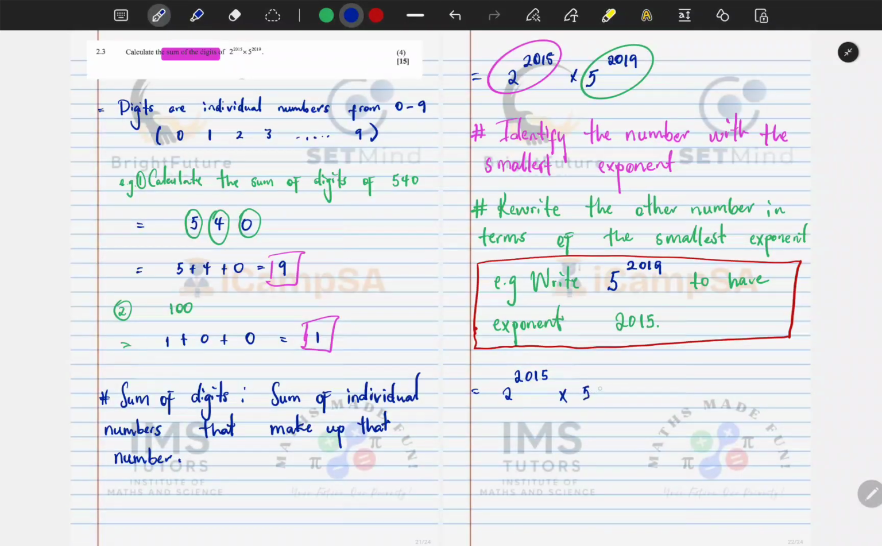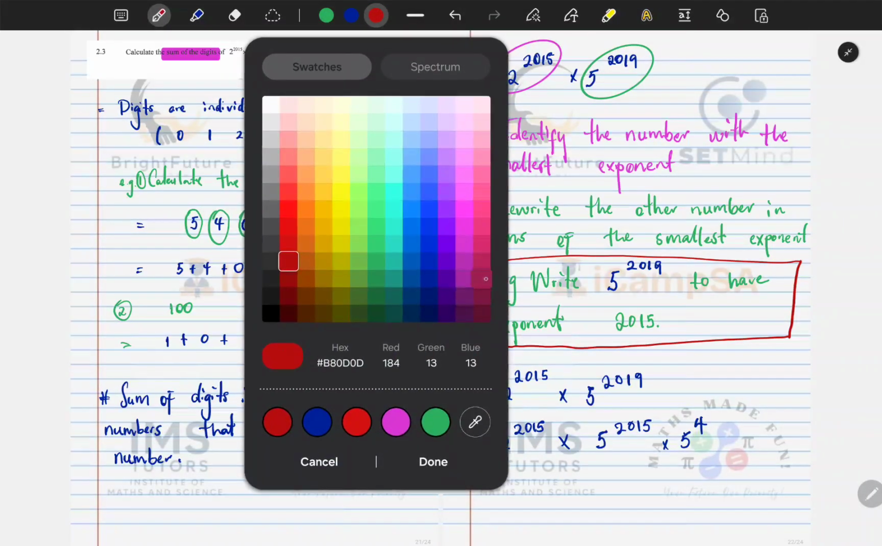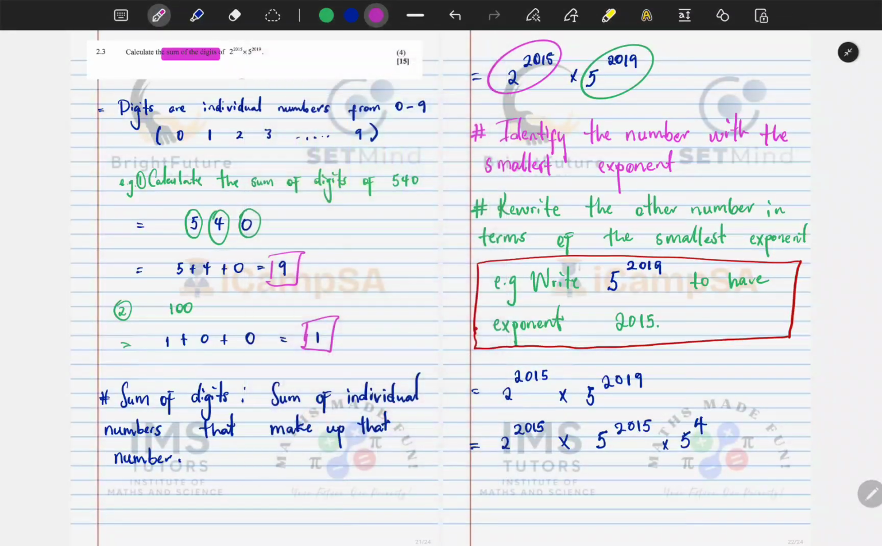It's going to be 5 raised to the power of 19. So what we mean is we still have 2 to the power of 2015 times, now we are going to write this as 2 raised to the power of 2015 times 5 raised to the power of 4, which is going to give us 2019. So it's literally the same thing as having